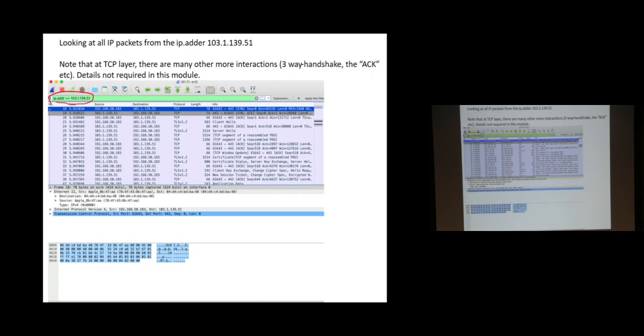Although this is an HTTPS connection, a TLS connection to this IP, this one is a DNS. Okay, I don't remember. Just a simple visit using the browser will generate so many packets. Some of them are TCP housekeeping packets, for